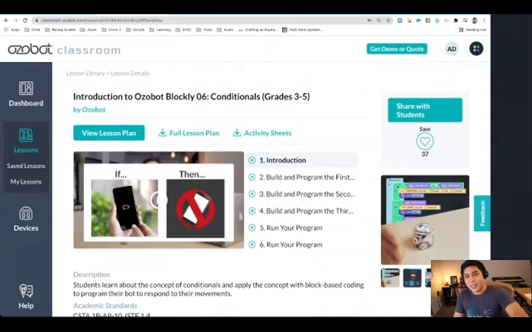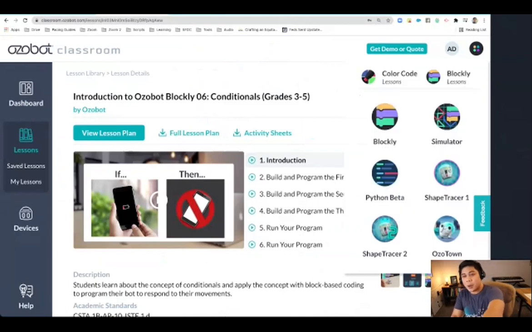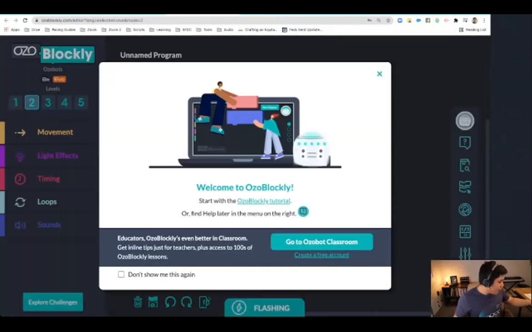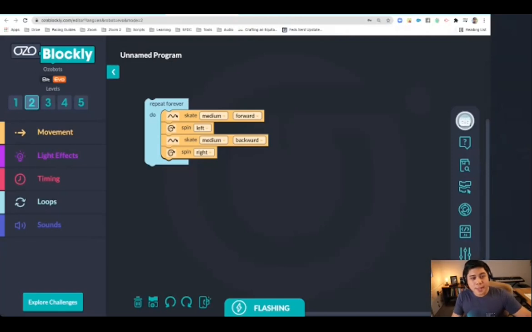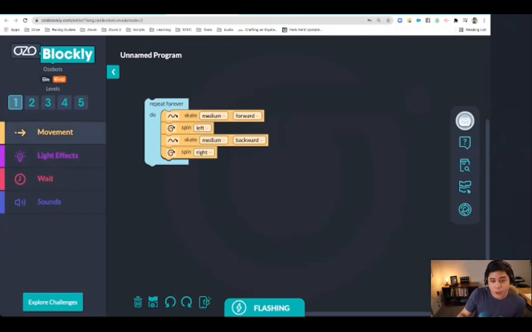The nice thing with this dashboard is if you click the waffle on the top right, it'll link to all of our Ozobot Blockly resources. So I can click that and jump into Ozobot Blockly. And this is powered by Google Blockly. We have 5 different skill levels here. Level 1 is pre-reader. So if you are using Ozobot with K1, K2,